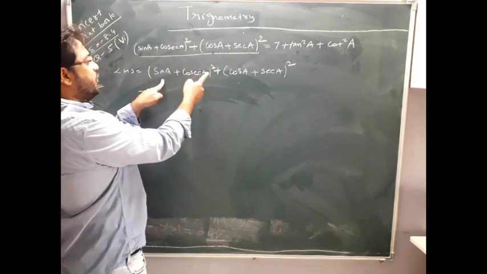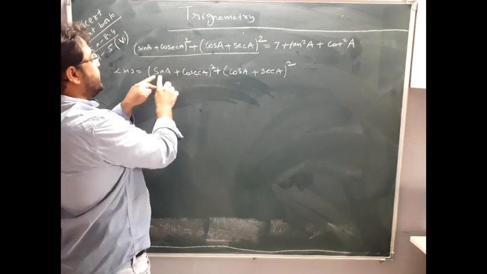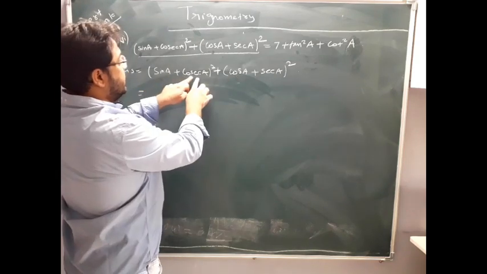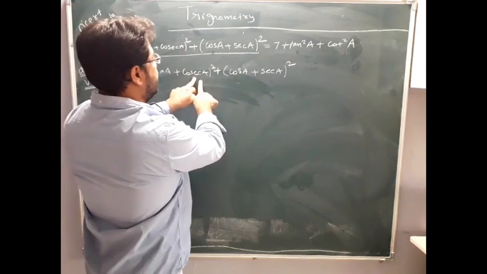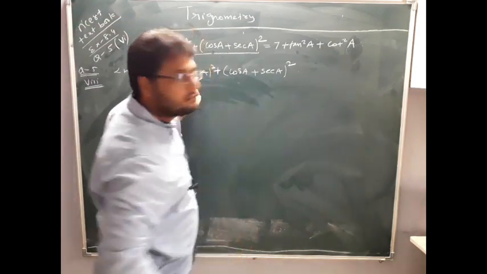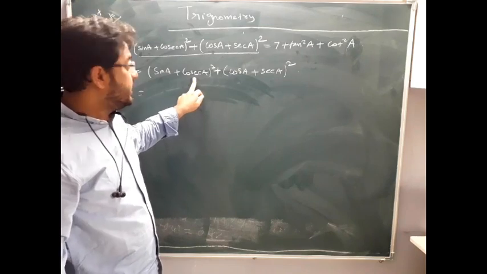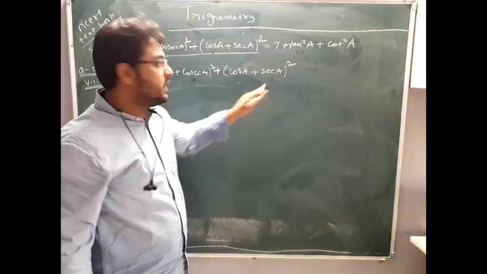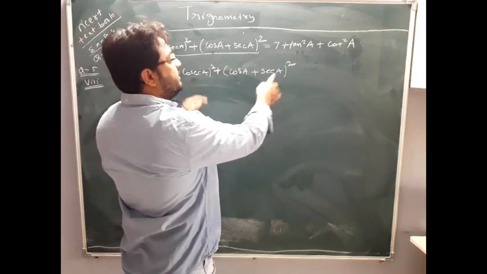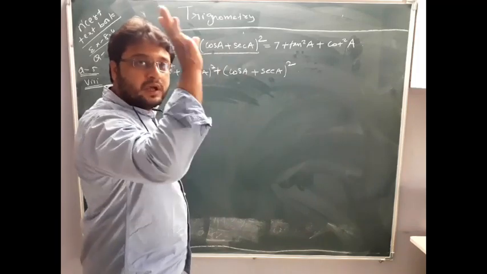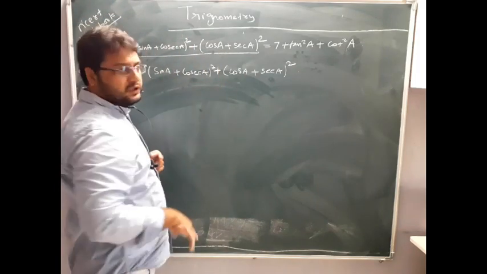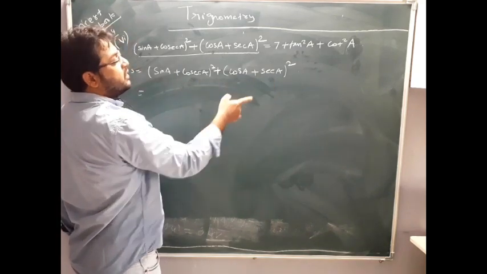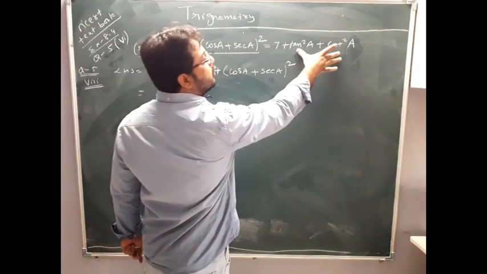They both will become 1. Yes or no? Here if I go with first method, if I open the bracket, sine square will come, here cos square will come. So it will convert into 1. Here it is coming cosec square A and sec square A. See, cosec square A has a relation with cot square A, because cosec square A equal to 1 plus cot square A. And sec square A has a relation with tan square A, that is sec square A equal to 1 plus tan square A. So cosec A and sec A have a relation with tan and cot. So I should go with the first method only. I should open the bracket in terms of a plus b the whole square. If I convert here 1 by sine, and 1 by cos, then 1 by sine and 1 by cos does not have any relation with tan and cot. Clear?